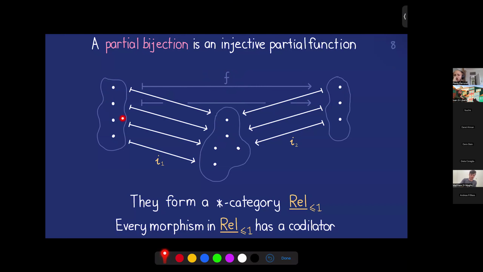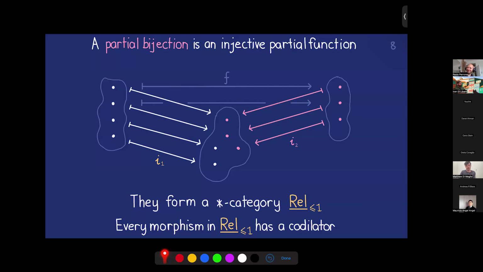And then you take all of the leftover elements of the domain and the leftover elements of the codomain, and you just put them all together. So the injection here maps these elements to these elements, and the injection here maps these elements to these elements. And it should be pretty clear that if I do this injection, and then I do the adjoint of this injection, I recover F. And I mean, you can go away and think about it for a moment, but this